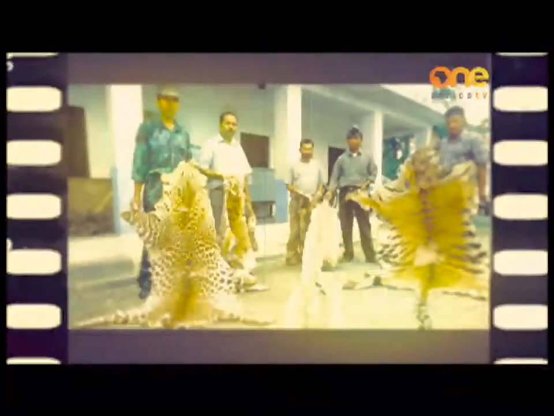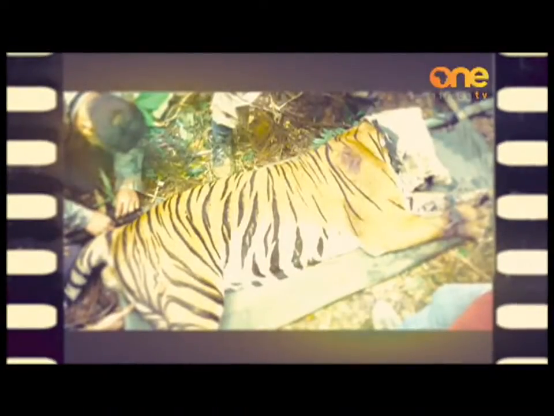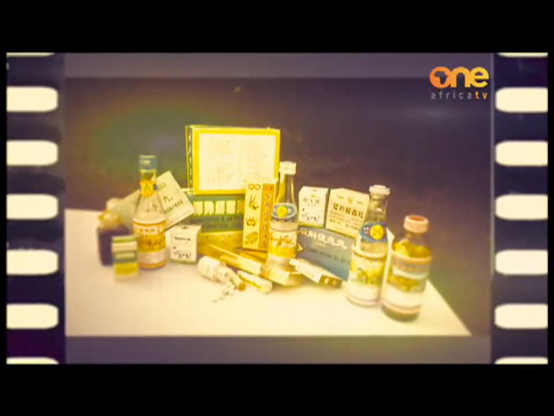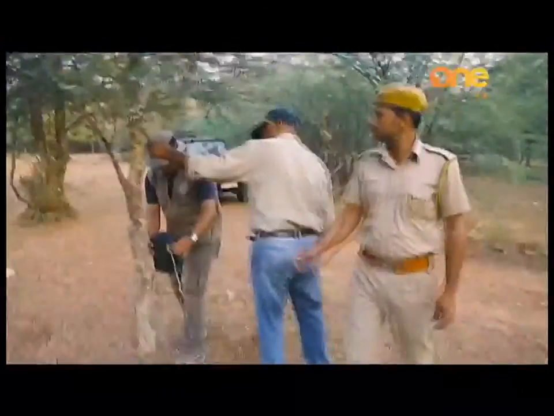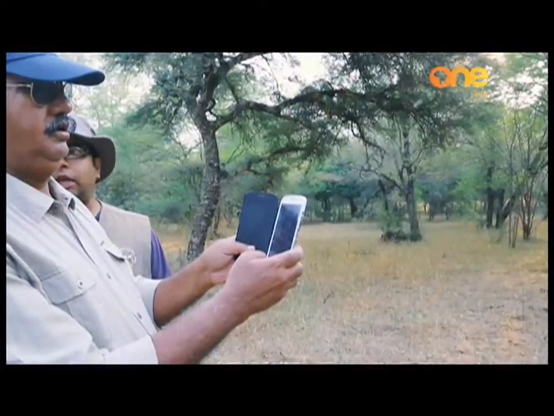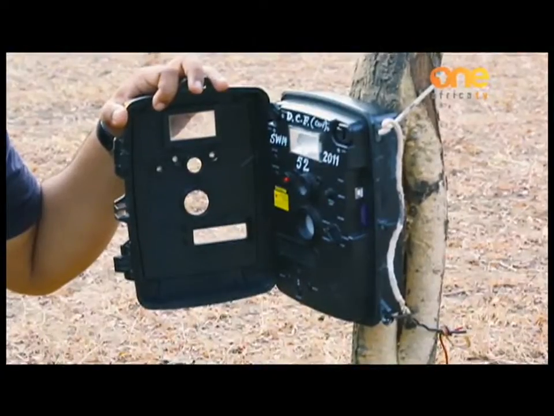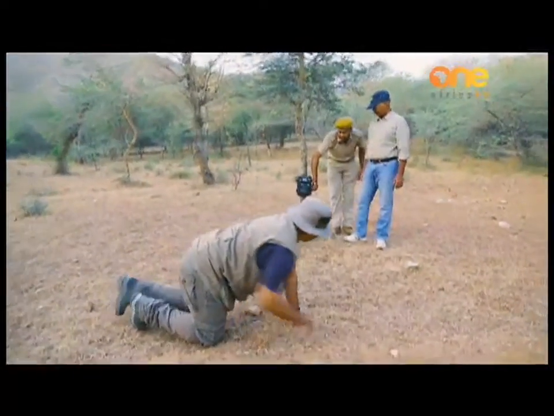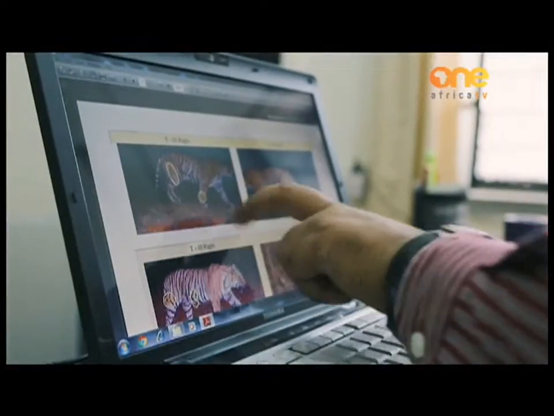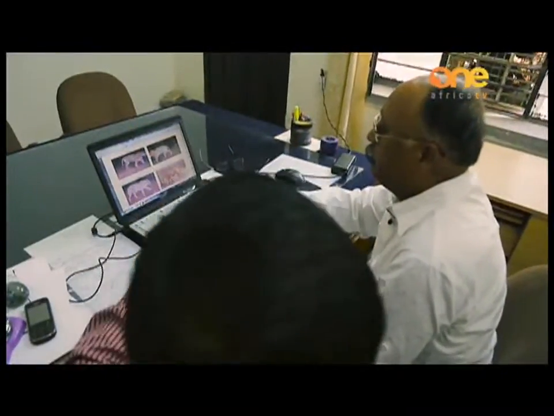Poaching used to be a major threat to Bengal tigers, but thankfully the number of big cats killed by poachers has plummeted due to measures implemented by law enforcement agencies, resulting in less demand for tiger products. Especially the introduction of camera traps and digital apps, which automatically take photos of moving tigers and suspicious persons moving around in the forest. Every time I hear something like that, I feel so good,